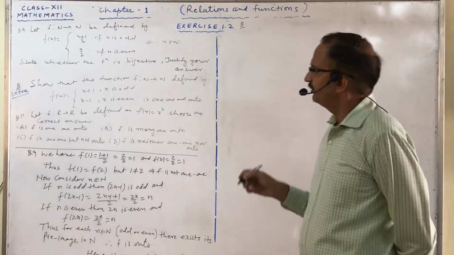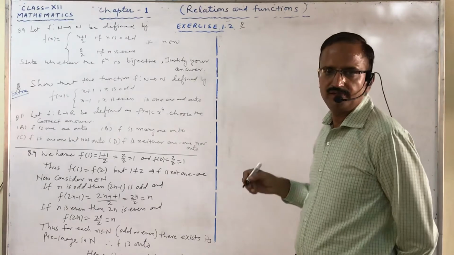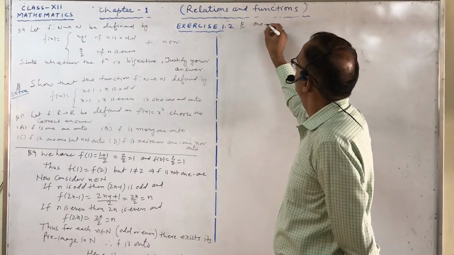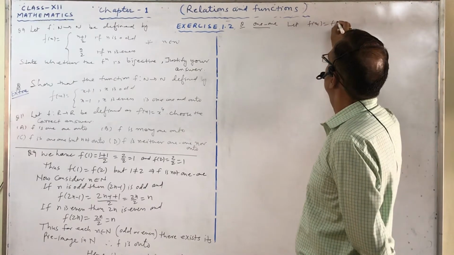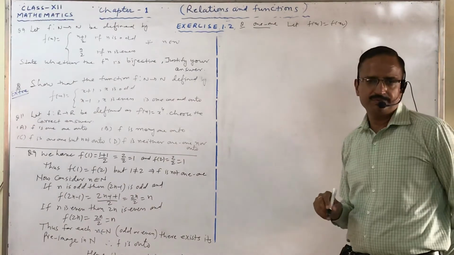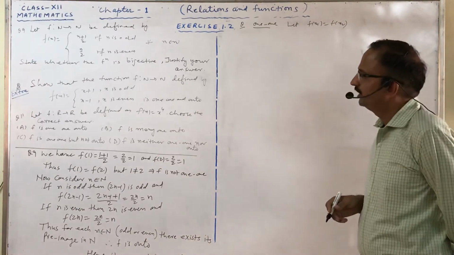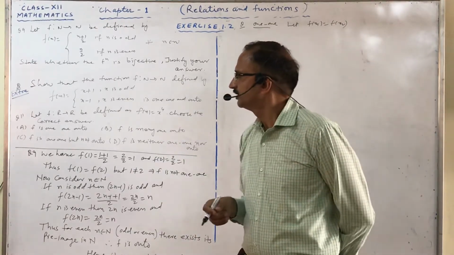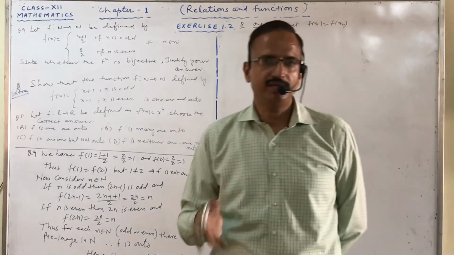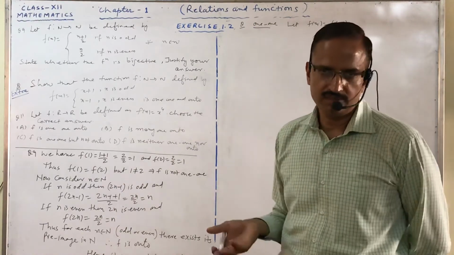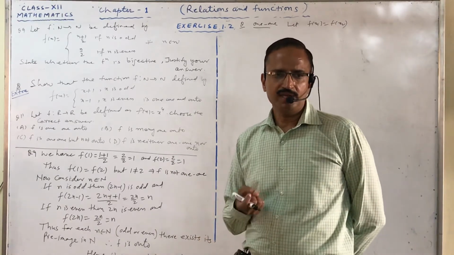In this also, first of all we will try to prove this as 1-1 and then onto. So for 1-1, let f(x1) equals f(x2). This is the proper procedure which we followed in the previous questions also. Now there are certain cases: if x1, x2 are odd, if x1, x2 are even, if x1 is odd, x2 is even, if x2 is even, x1 is odd. So we will consider the cases.